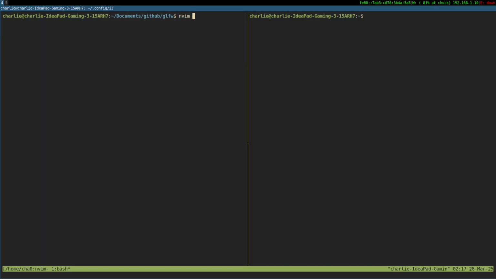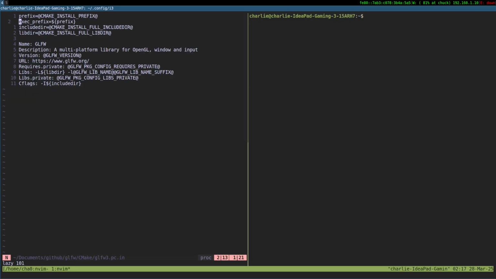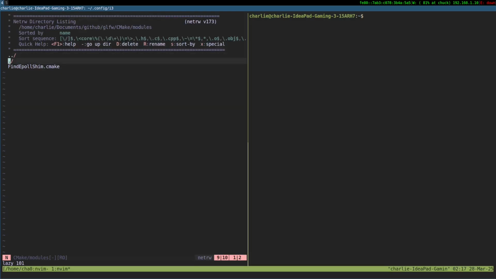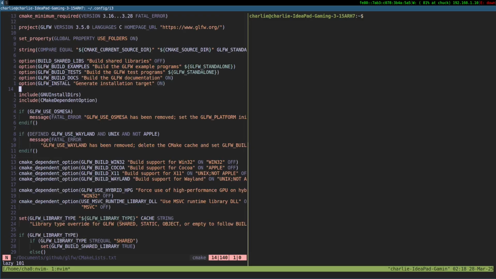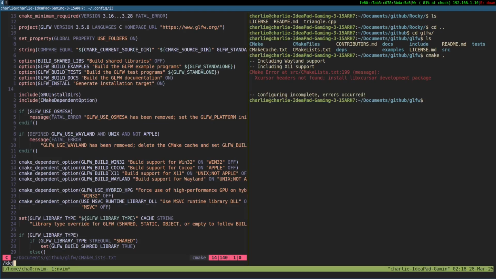Come on, what does CMake want now? CMakeLists.txt. Okay, cd glfw and cmake dot. And what am I missing here?